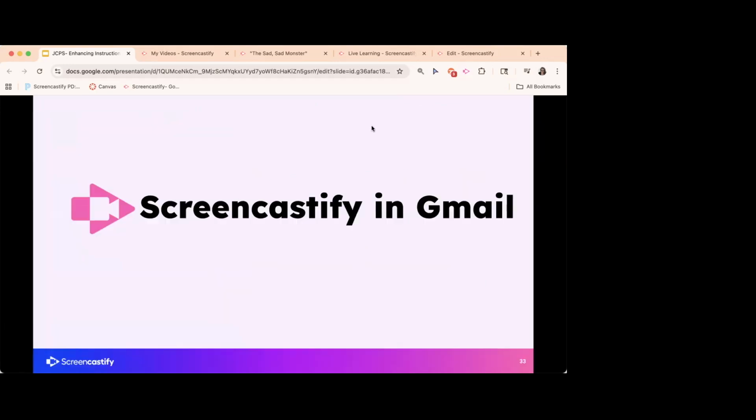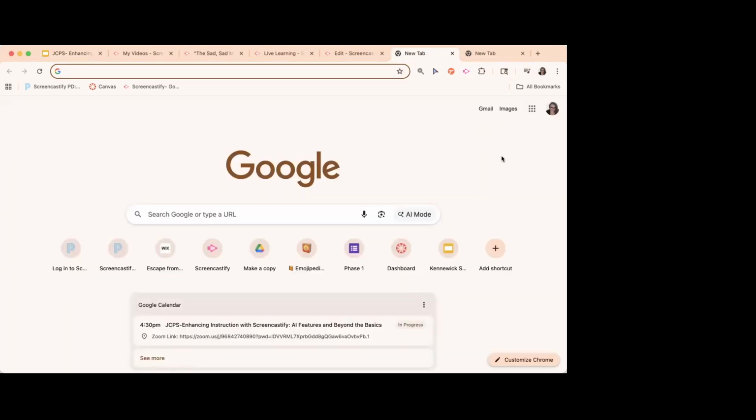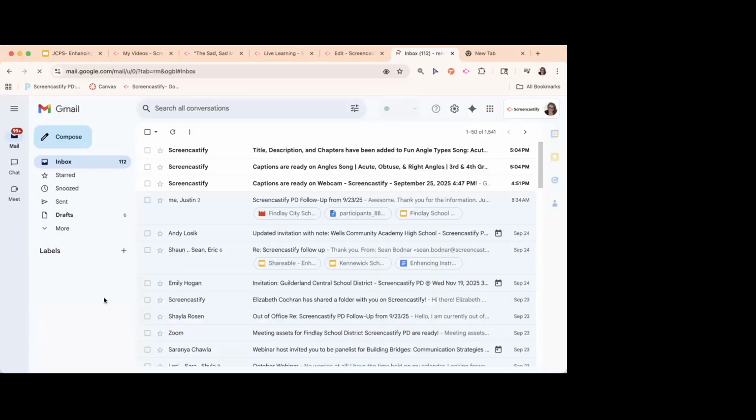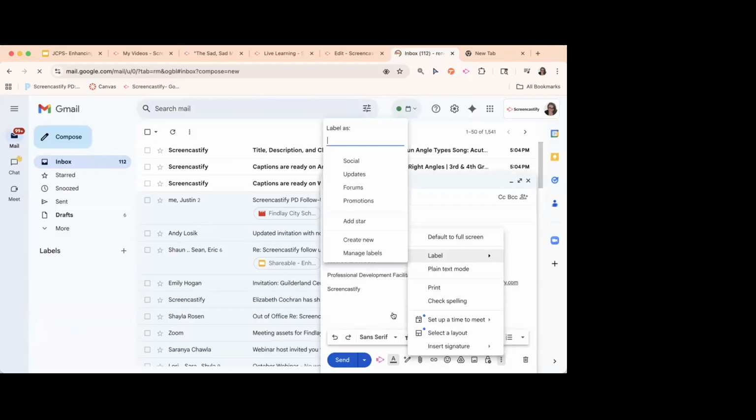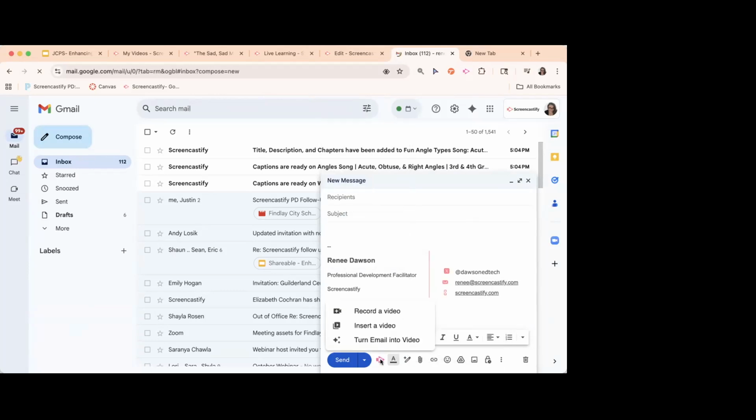If you use Gmail, whether you use it personally or at work, we do have a new feature in Gmail. When you go to your Compose in Gmail, you can see in your Gmail account that you have the Screencastify button down here. When you click on the Screencastify button, you can record a video from your Screencastify extension right into your Gmail,